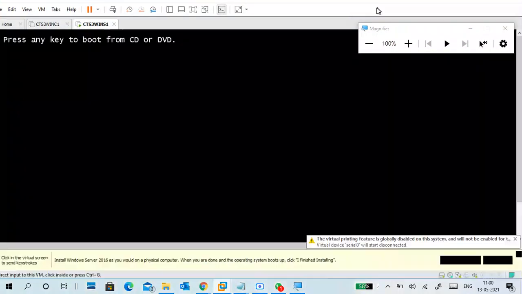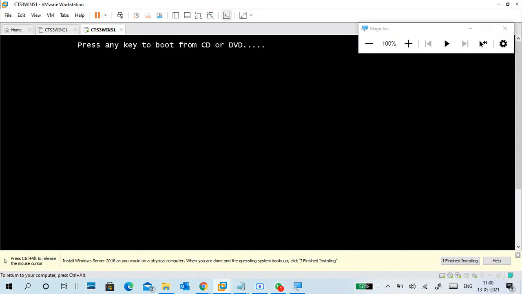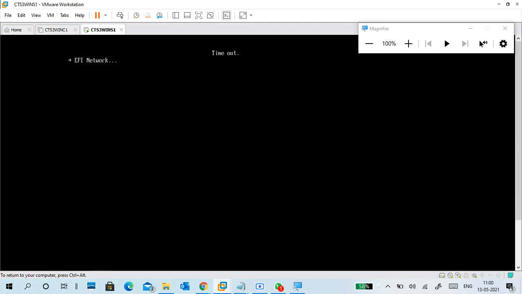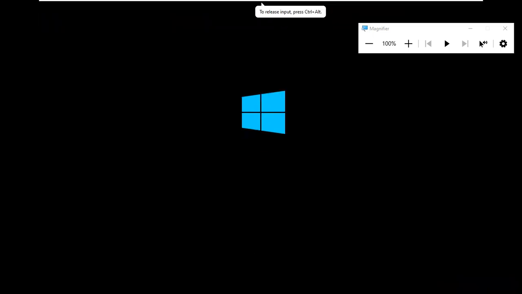Now what happened? You have to click something on it, but I missed it. If you miss it, something like this will show. What to do? Click on the screen. So this is a screen, right? Click on it, then Ctrl Alt Insert with the function key I'm putting. So enter. When it is showing that thing, just press enter. Just like your Windows 10 installation only, one option will change at maximum. Maximum one or two options, not more than that.